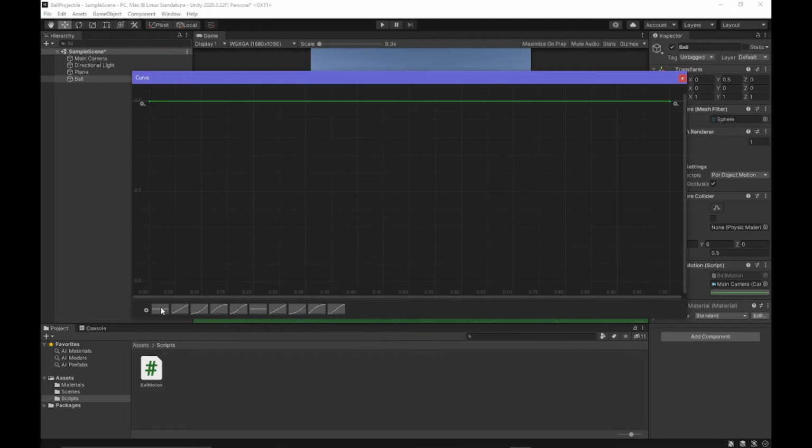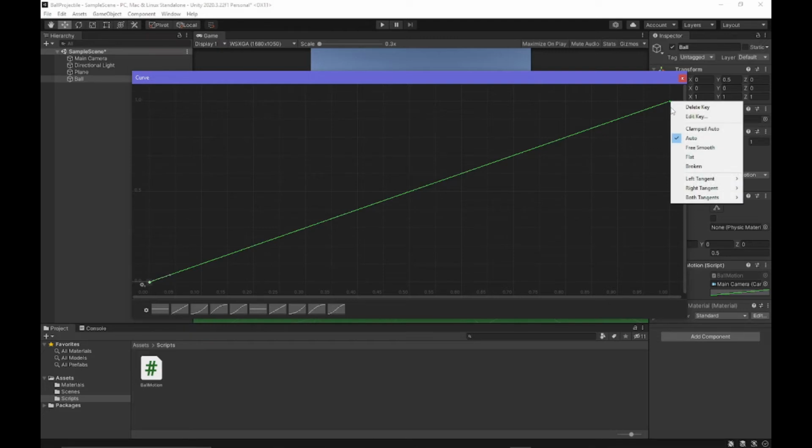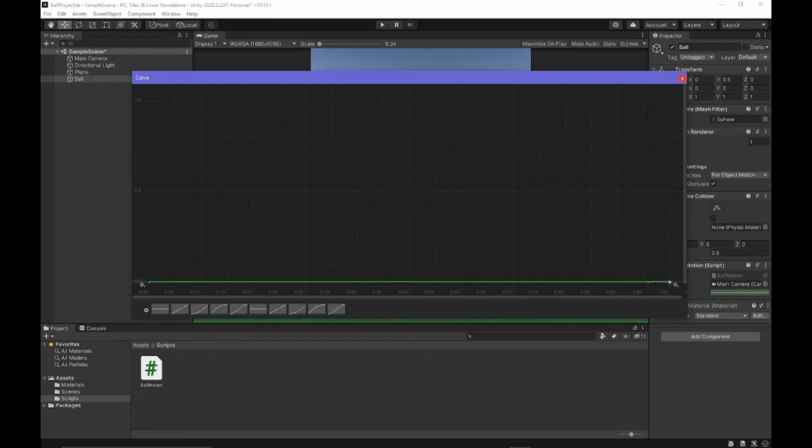Now we'll position this at 0. It starts at 0. The animation won't start in the middle of the air. We just go edit key and set OK. At time 0 we want the value to be 0. So that's fine. And at the end we'll say edit key at time equals 1. We'll say the value is 0 again, because it'll end up on the ground at the end of our trajectory. Then right in the middle, if we double click, it'll make a key,